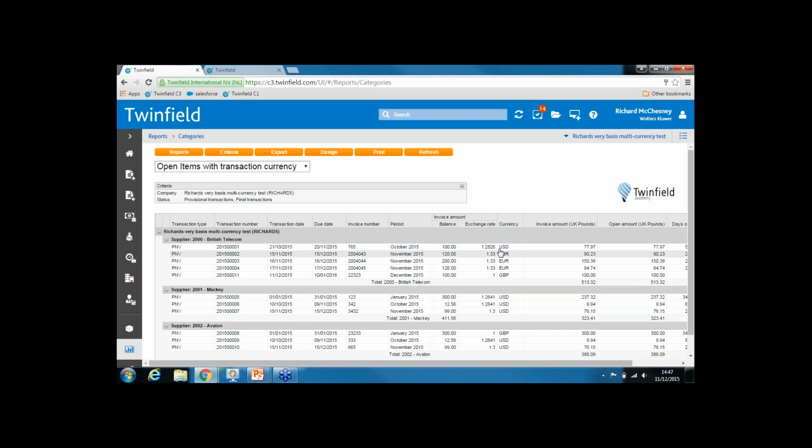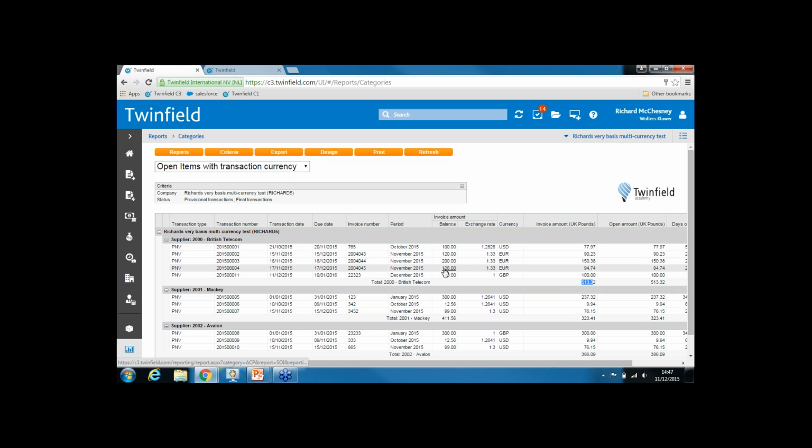You can see here now that I have my list of invoices, invoice numbers over here, the amount in the currency. This particular supplier sent me one invoice in US dollars, a few in euros, and one in British pounds. Then there's the exchange rate that was in place when that transaction was entered, and then the actual amount in British pounds. So while I know that I owe the supplier 513 pounds, I can see the breakdown of that